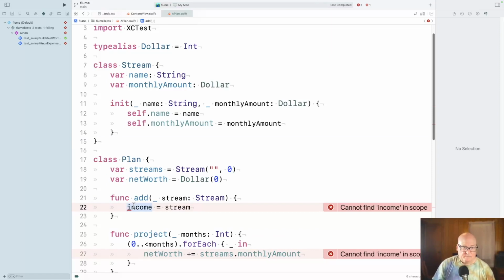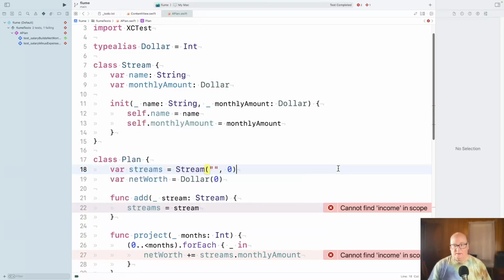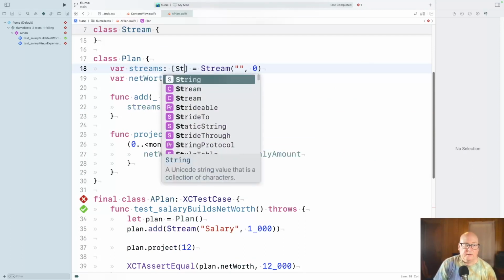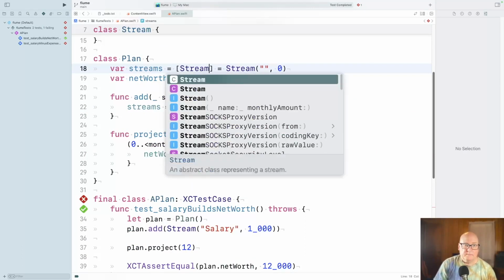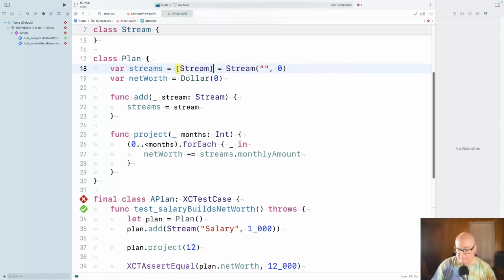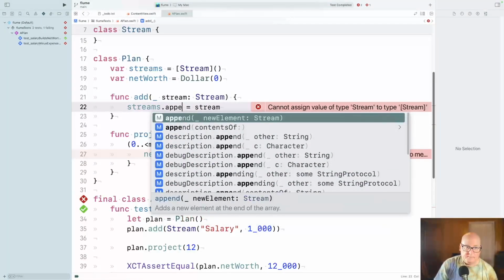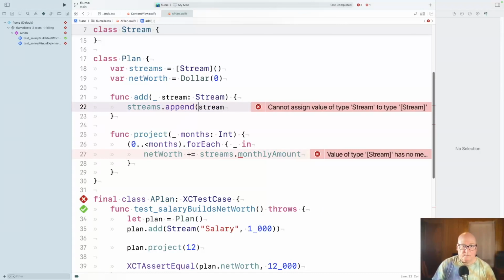Okay, so I'm switching the word first, and then I'm going to turn it into an array. Okay, and then this is dot append. Append the stream.